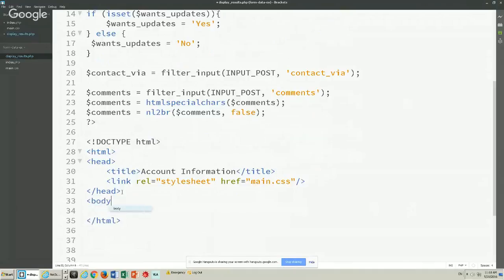And then in the body, main, H1, account information. And then we're going to create this output. So label, email address,